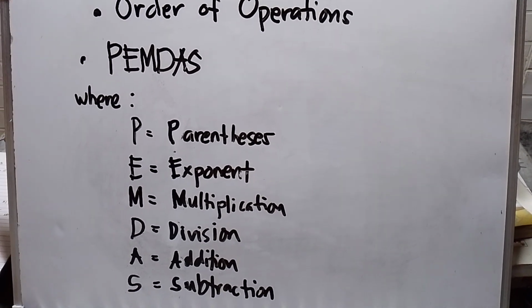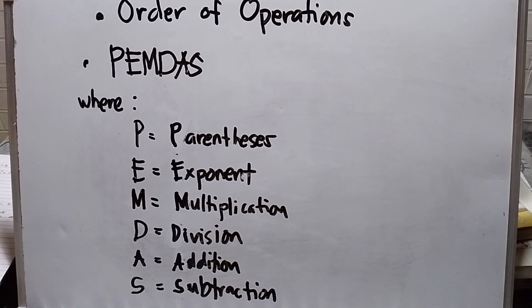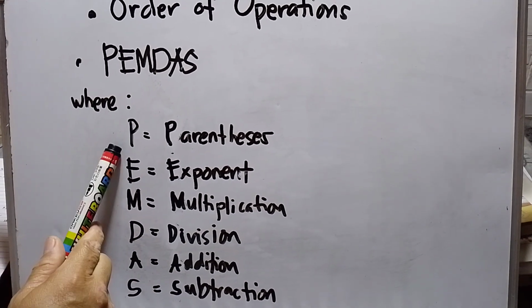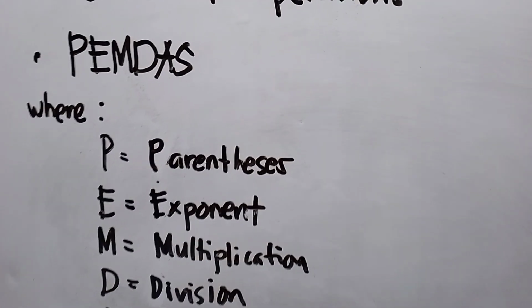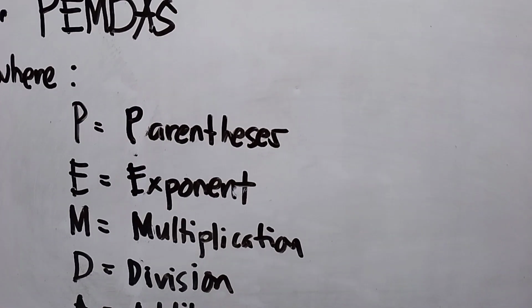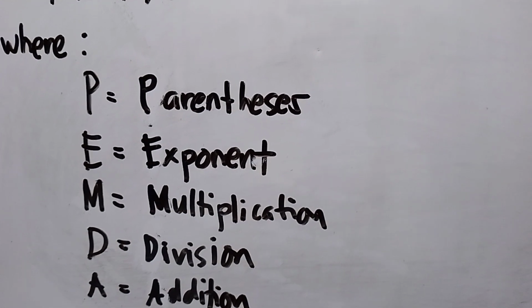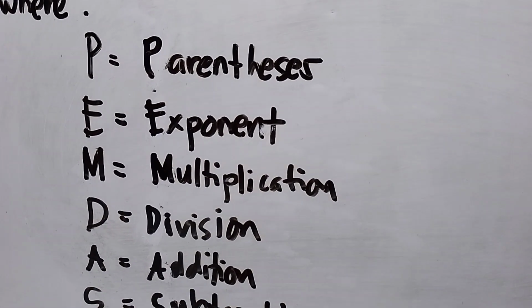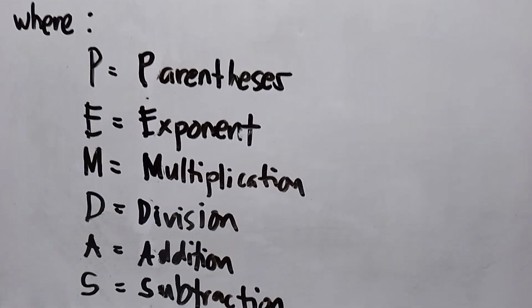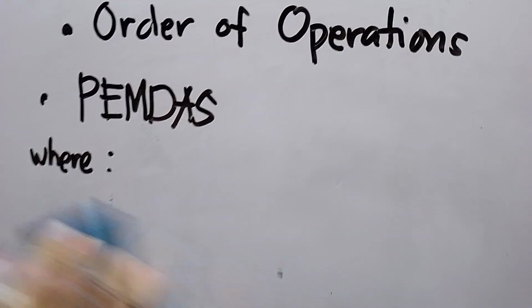The topic is about order of operations. So I have here the PEMDAS, where P stands for parentheses, E exponent, M multiplication, D division, A addition, and the last is subtraction. So, example,